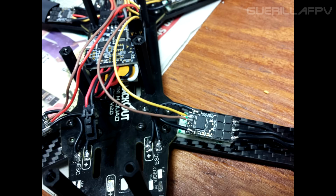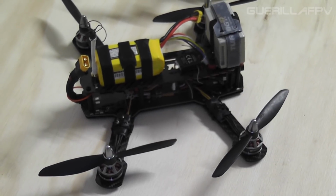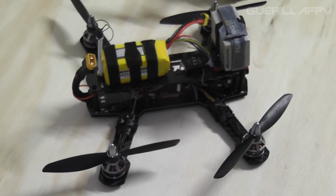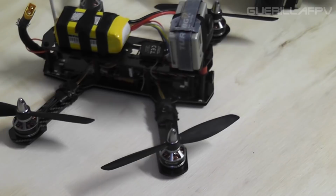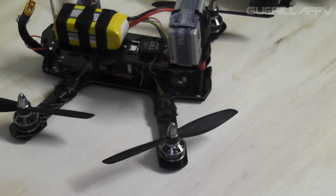I will tell you, I actually needed no tuning at all. I started off with the Gemfan 5030s and really had no issue from the very beginning. I basically put on the props, standard PIDs for the board, and it took off and flew like a gem. When I went to the HQ props, the 5040s, same thing, I didn't need to tune it at all, had very